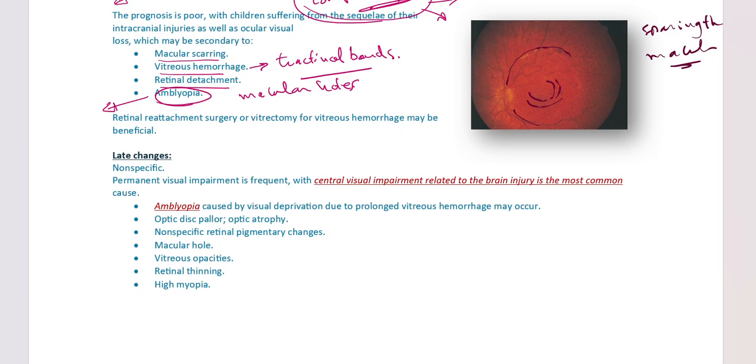Late changes are usually non-specific, with CNS amblyopia affecting vision, optic disc pallor, optic atrophy, non-specific retinal pigmentary changes, macular hole, vitreous opacities, retinal thinning, and high myopia. I advise that you read the Royal